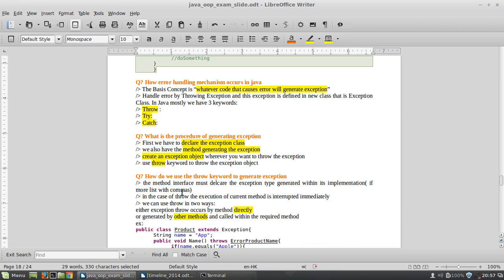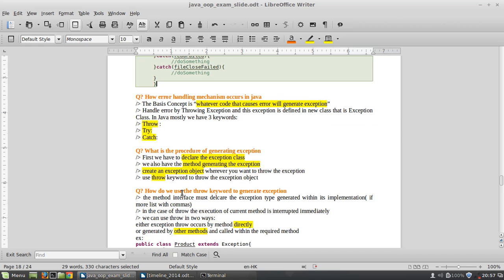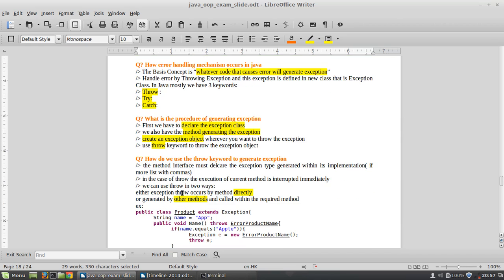Okay, this was all about the examples. Now, how does the error handling mechanism work in Java? The basic concept is that whatever code causes an error will generate an exception. On this basic principle, we are going to use the mechanism to handle errors in Java. So whatever code causes an error will generate the exception. So handle the error by throwing the exception, and this exception is defined in a new class, that is an